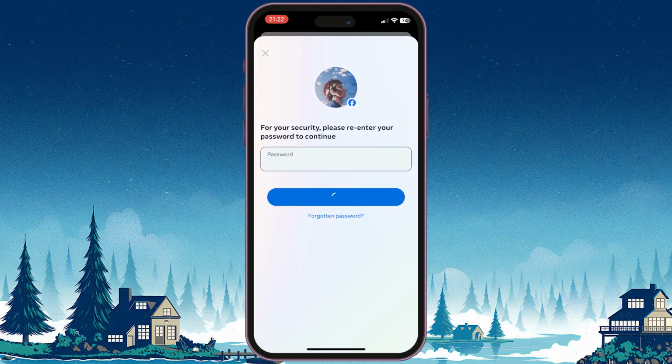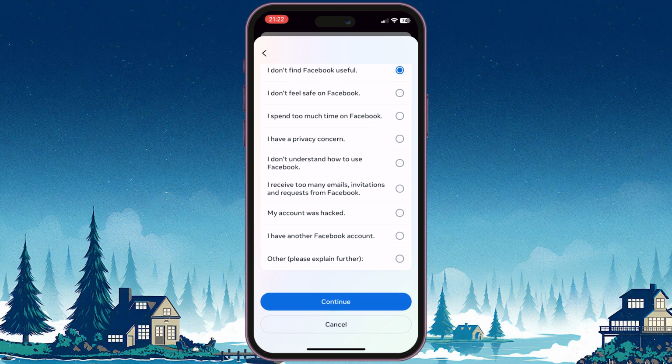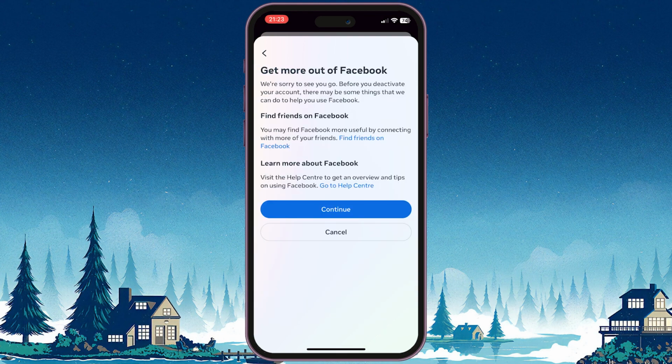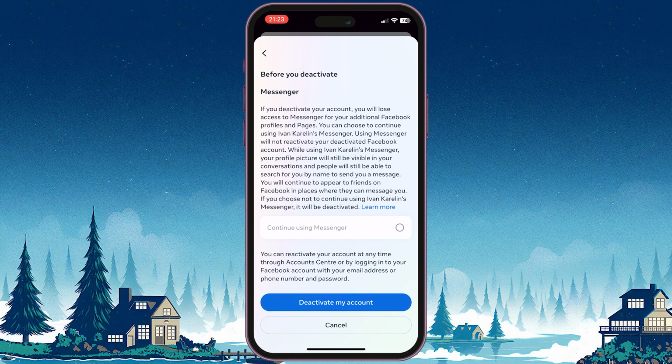Then press Continue again. Optionally, provide a reason for deactivating your account, then press Continue. Review the information provided, then press Deactivate my account at the bottom. That is it. Your Facebook account will be